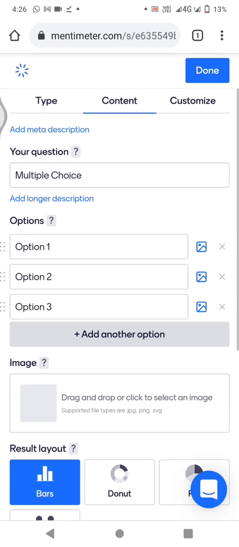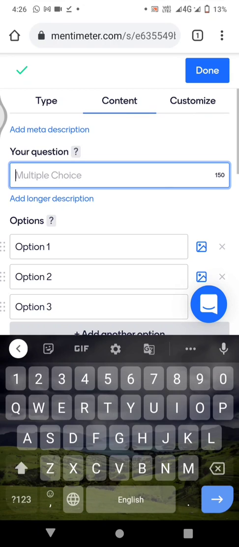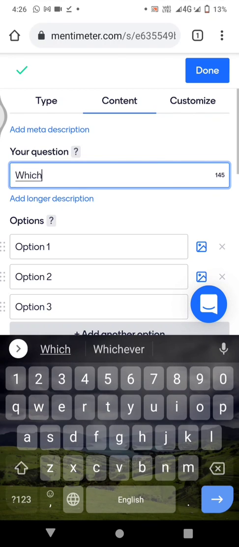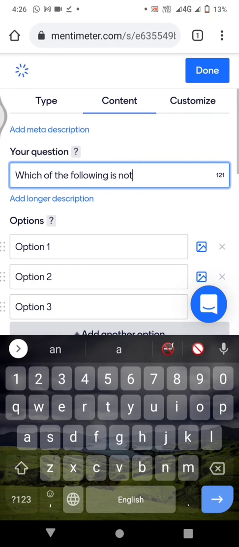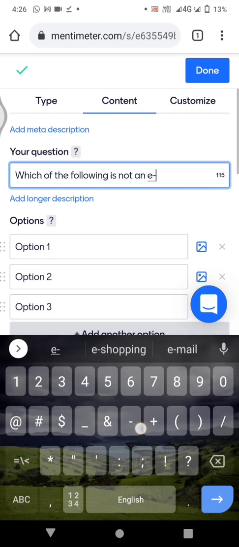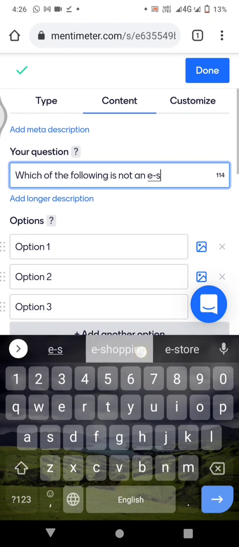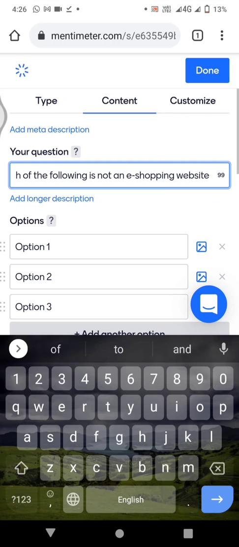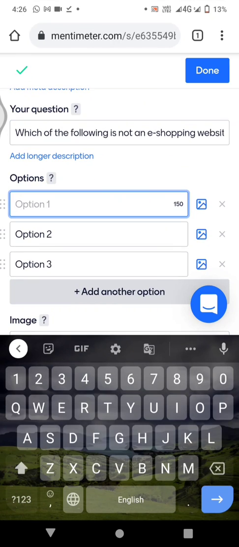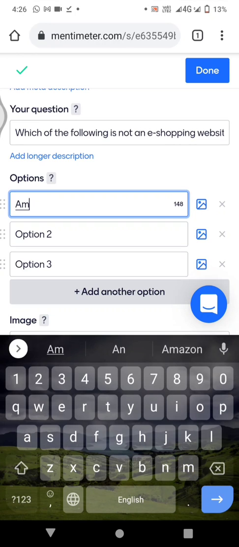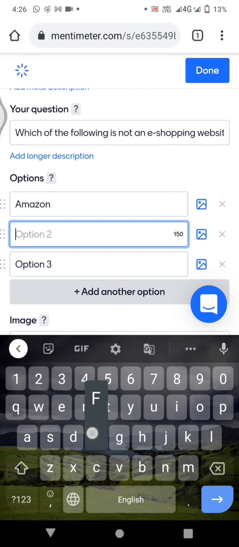Okay, here you have to type the question. First is which of the following is not an e-shopping software, e-shopping website. Okay, now I will type here. You have to type the options here. Option 1 is Amazon, option 2 is Flipkart,